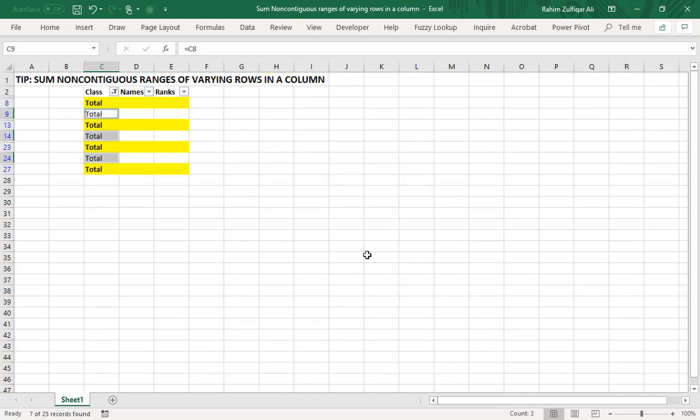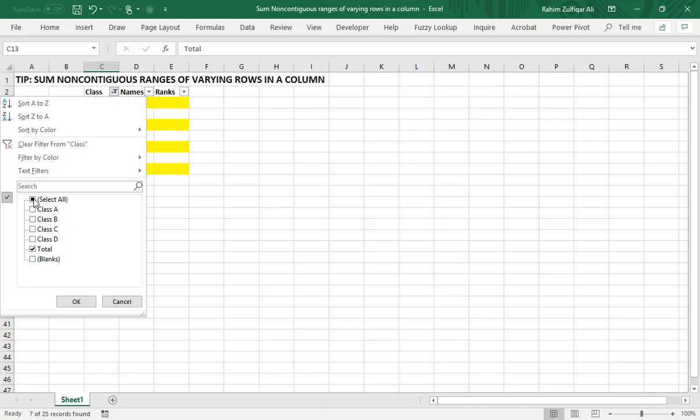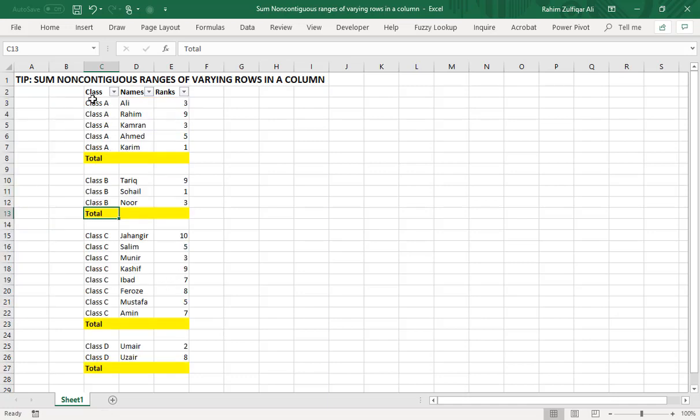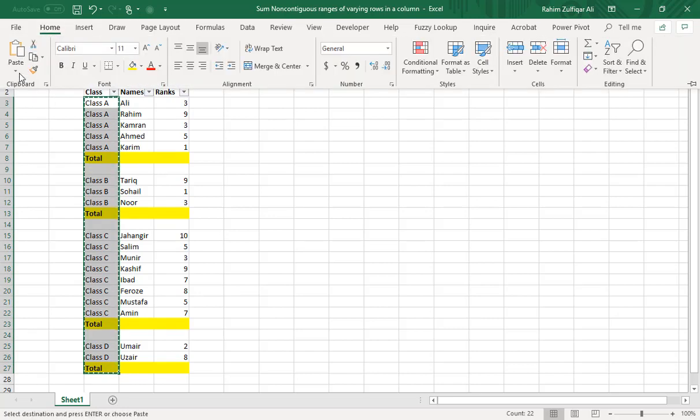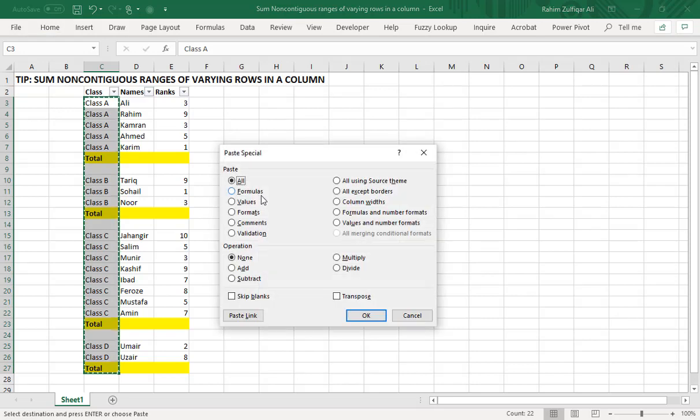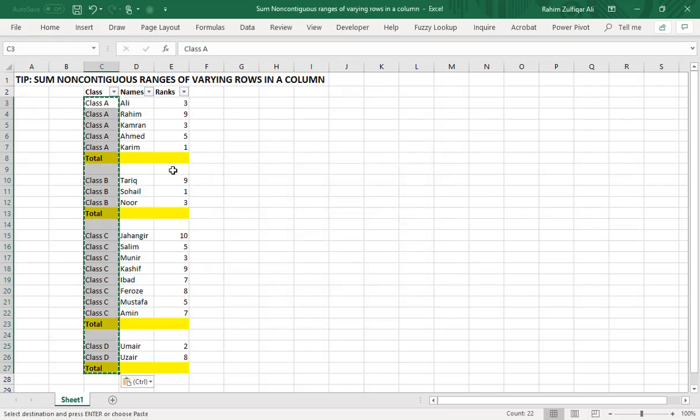Within the visible cells, only the cells which contain formulas are selected, and I press the Delete key because I don't need them. Then I open the filter area again, select this column, press Control C to copy, go to Home, Paste Special, and paste it as values because we don't need formulas anymore.